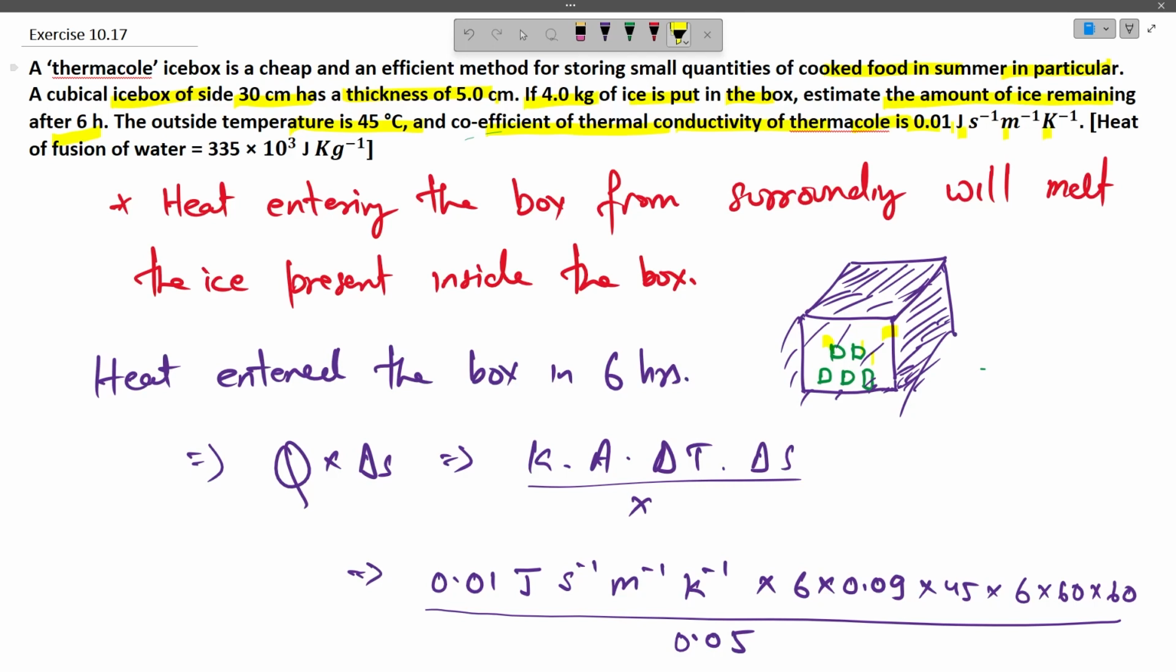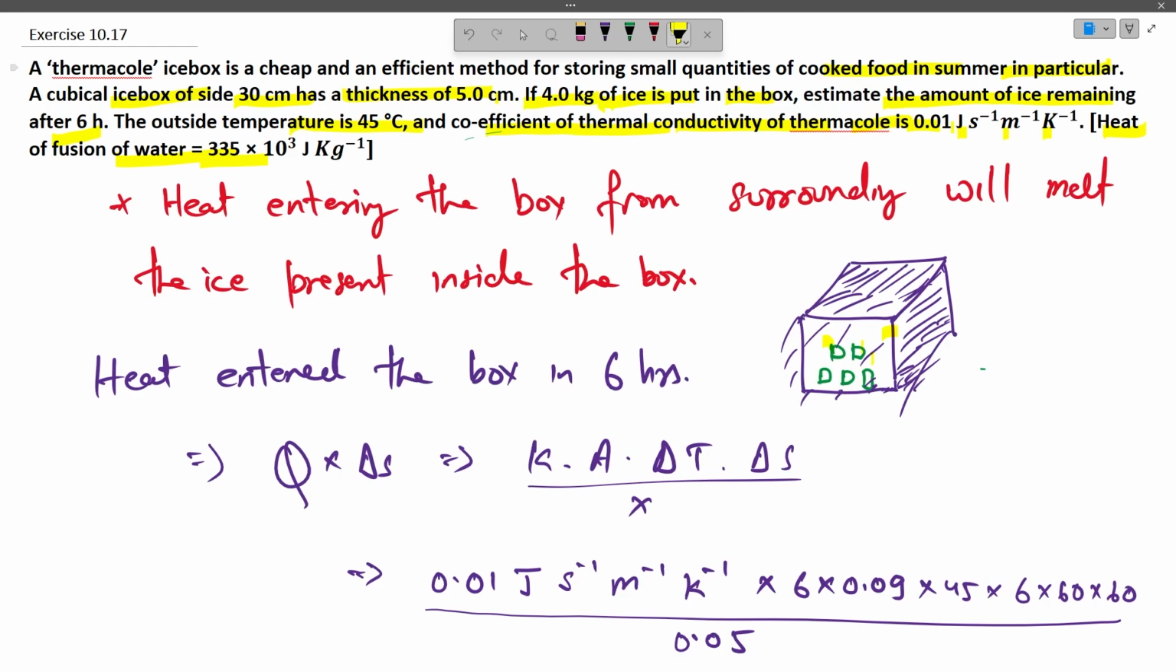per meter per Kelvin. Now we have been given the heat of fusion of water also, that is 335 into 10 to the power 3 joule per kg. So the question is saying that 4 kg of ice is put inside thermocol, and here thermocol is acting as an insulating media